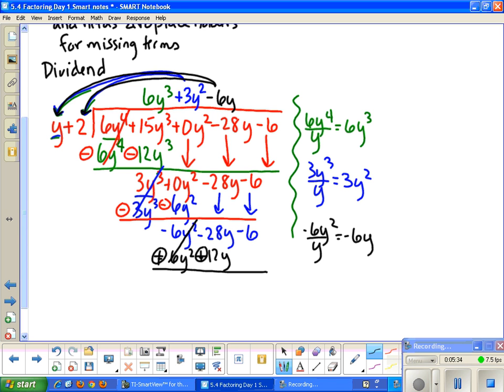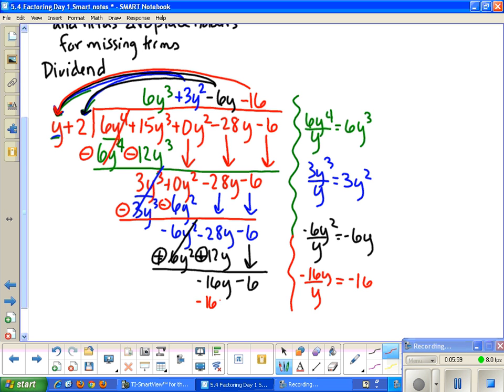And then negative 28y plus 12y gives me negative 16y, and then bring down the negative 6. Then we are going to do how many times does y go into negative 16y. So it goes negative 16 times, so that gets lined up with my constant term. So we take that negative 16, multiply it by the y, and that gives me negative 16y, which again we